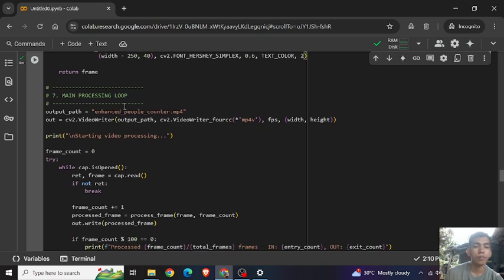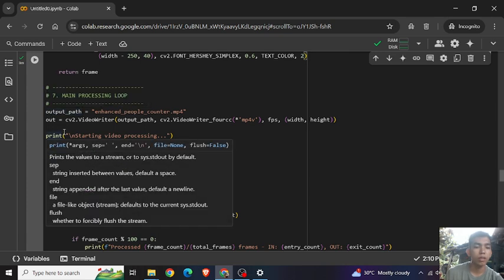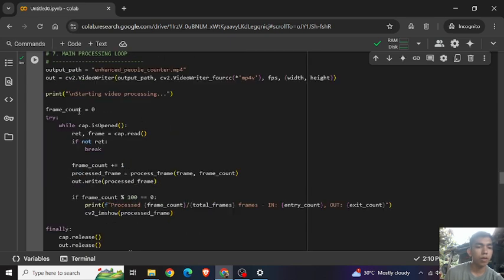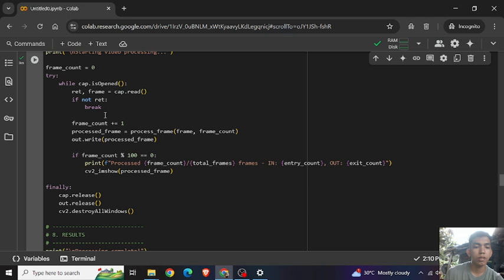Main processing loop. In the main processing loop, this code prepares an output video writer. Then frame_count equals 0. This code reads each frame from the input video until the end.